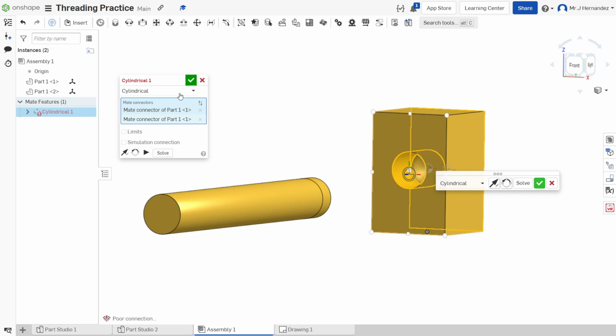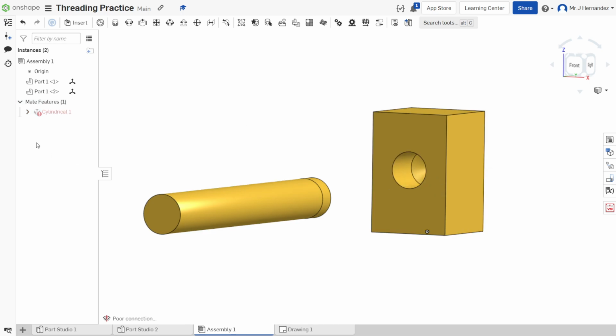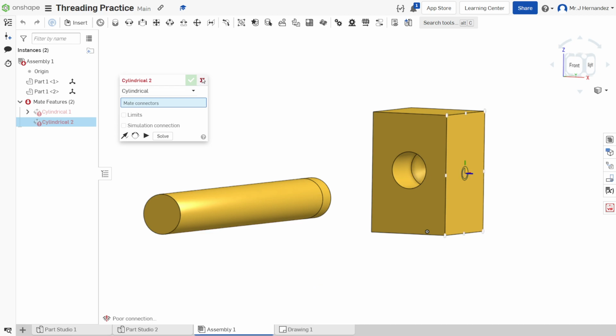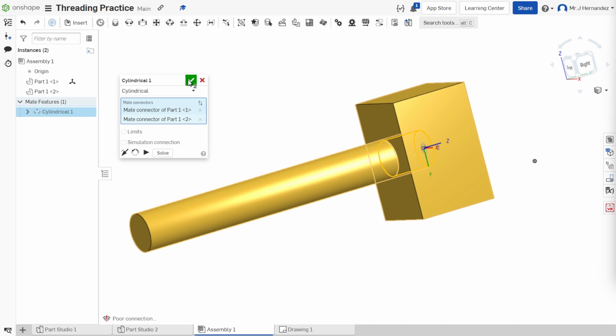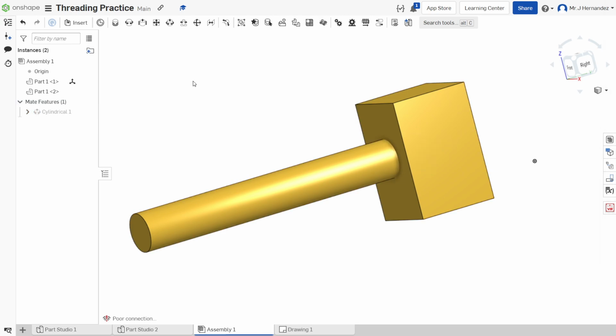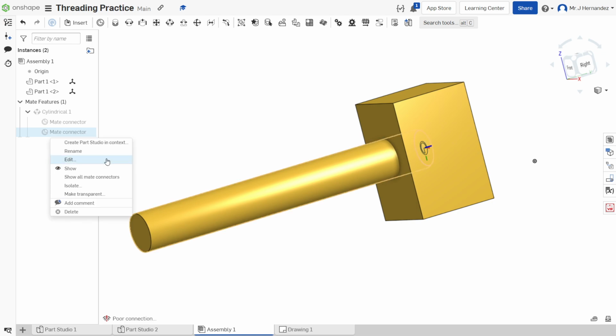So there you go. And that's our cylindrical mate right there. Now, you don't have to do this, but I will go ahead and come in here into my second mate connector right here, and I'm just going to edit it,